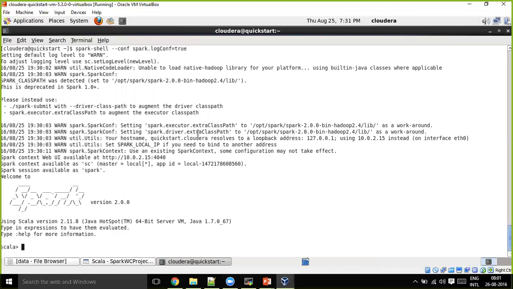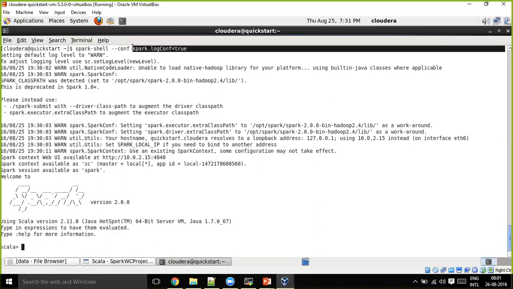Starting from Spark 2.0, it has set the logging level as 1. Otherwise, you would be able to see all the Spark configuration as info messages.